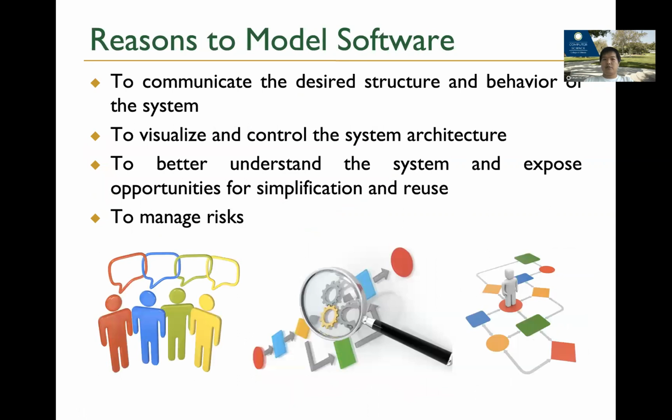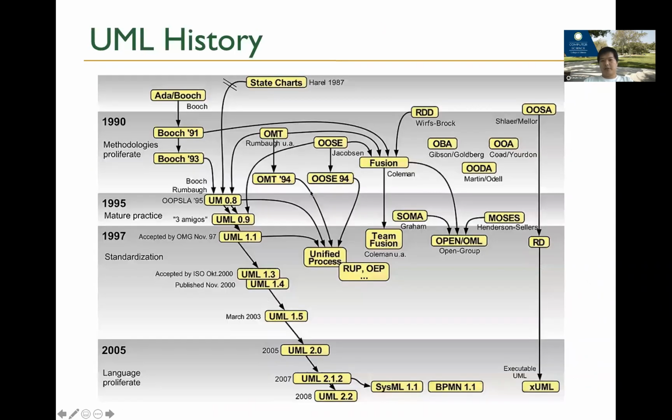So that's why we also want to think about ways to really do something like that, to be able to use a model to help us communicate some of our design, to visualize it and understand it, so that will lower the risk. Because we don't want different developers to have a misunderstanding about the feature or the design. That's the thing we don't want to see. So that's why we need UML.